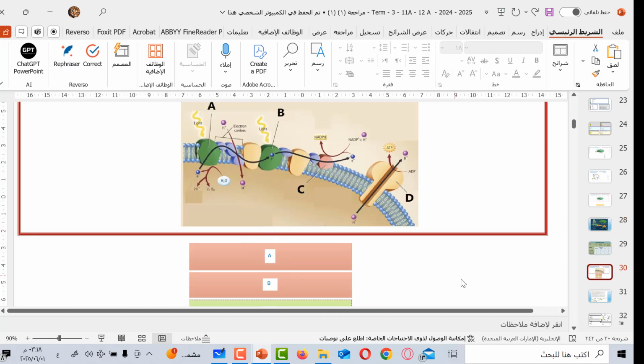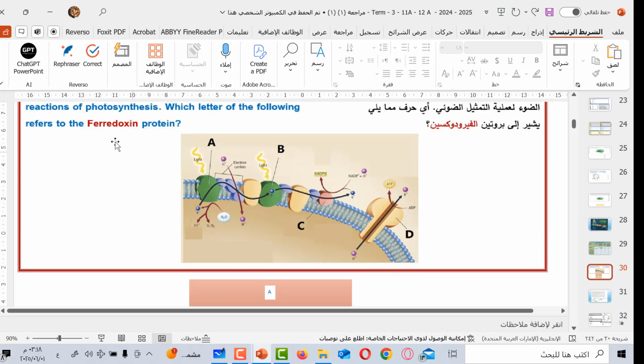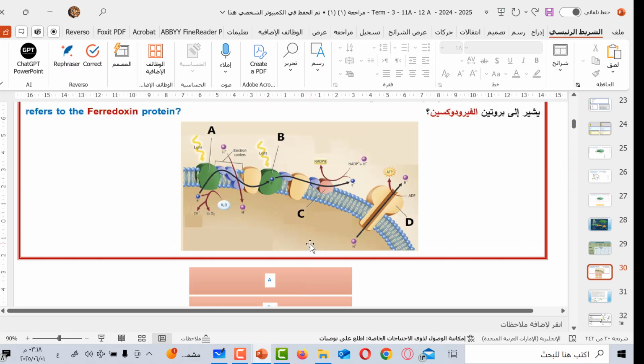Here, this is a picture. Okay, he asked about what? He asked about ferredoxin. Where is the ferredoxin? The ferredoxin is the last one of the receptors. This is the ferredoxin, number C. Okay, A, B, C, it's C, the ferredoxin. Okay, don't forget A is the chlorophyll system 2, B is the chlorophyll system 1, okay, and D is the